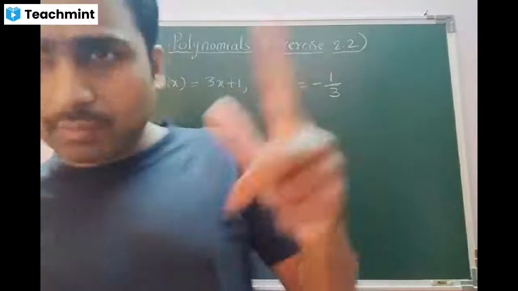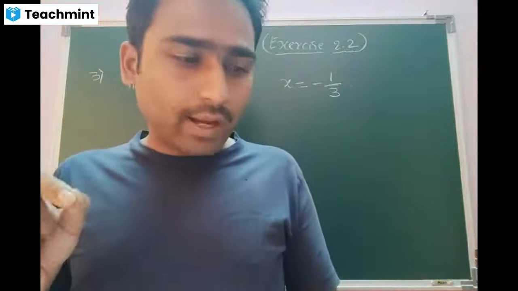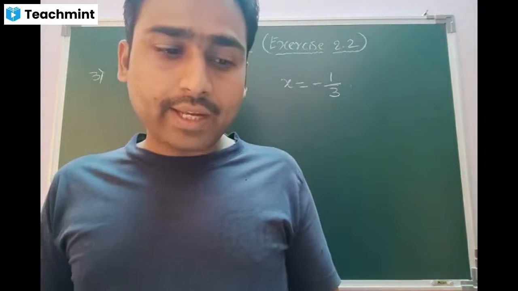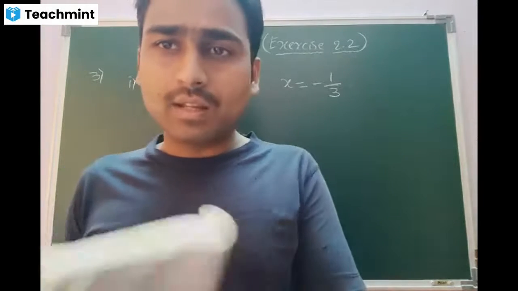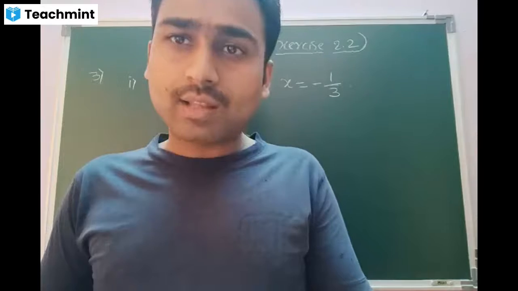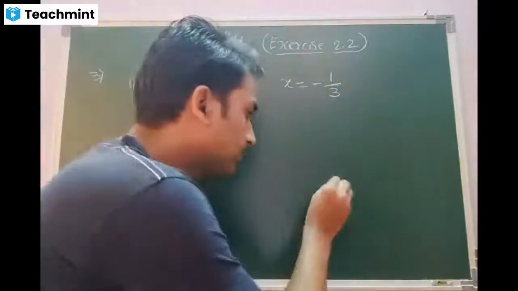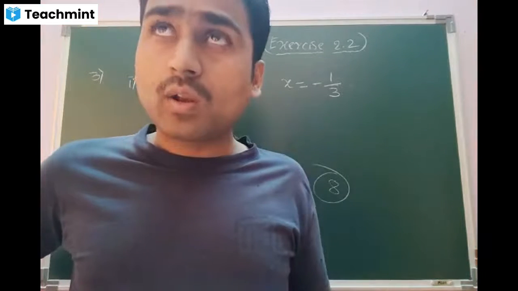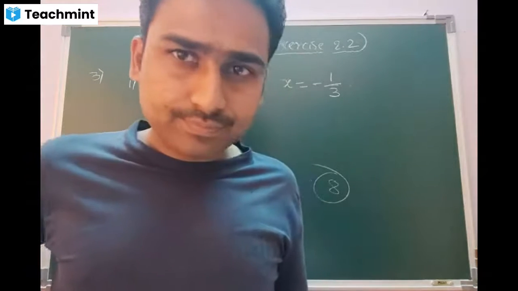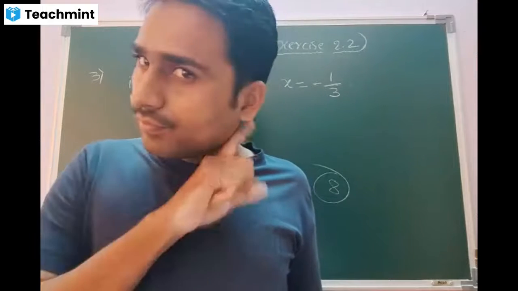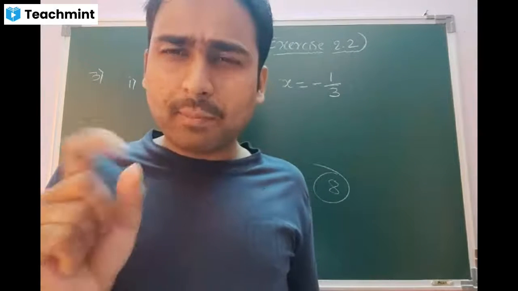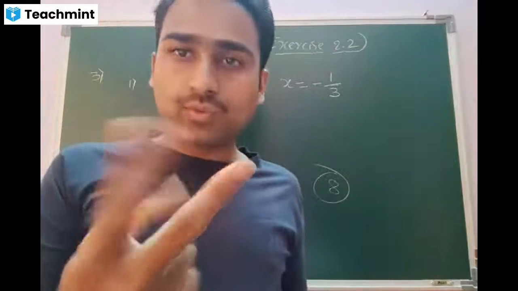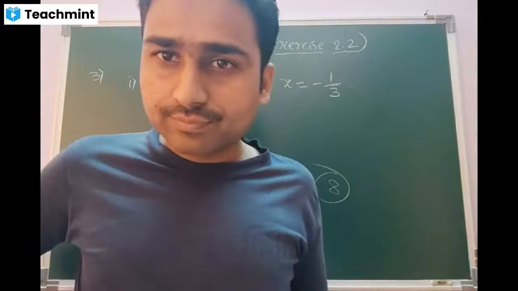What is the change, beta? Let me read the question again. Verify whether the following are the zeros of the polynomial indicated against them. What does it mean? Beta, look at that. Total 8 questions are there in the third main. In all 8, they have given one or the other polynomial. Correct, beta? So, in front of the polynomial, they mentioned some values. Sometimes only one value, sometimes maybe 2 values. Am I right? Yes, sir.